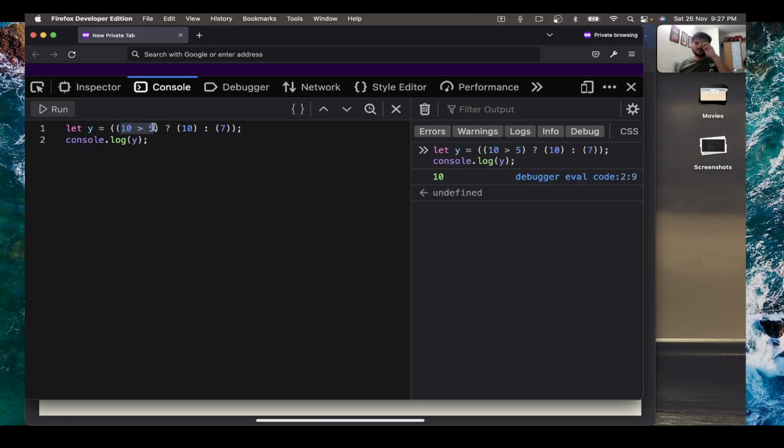Is 10 greater than 5? Is this condition true? Yes. So here you have the first expression. You are always going to evaluate the first expression and then return it. So the first expression is just a number. You don't need to do any kind of evaluation, so you will just directly return a 10. If I make this condition false,